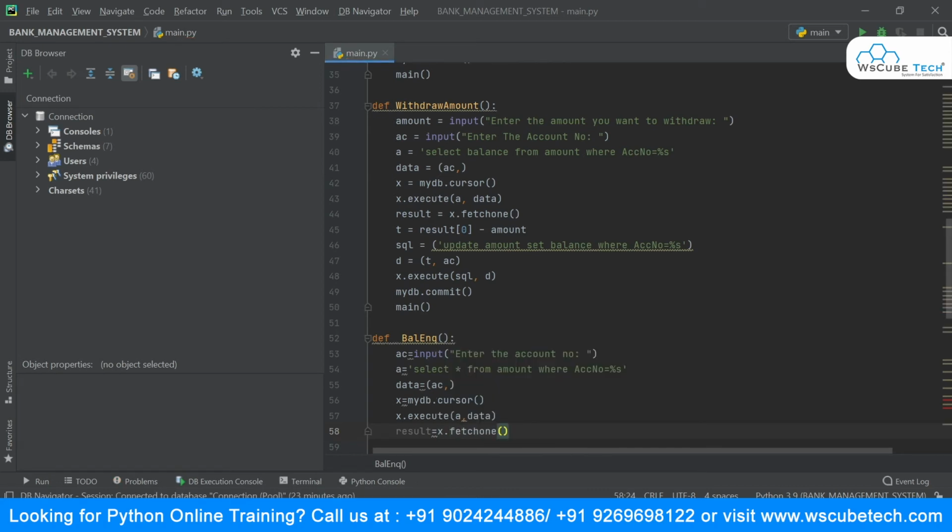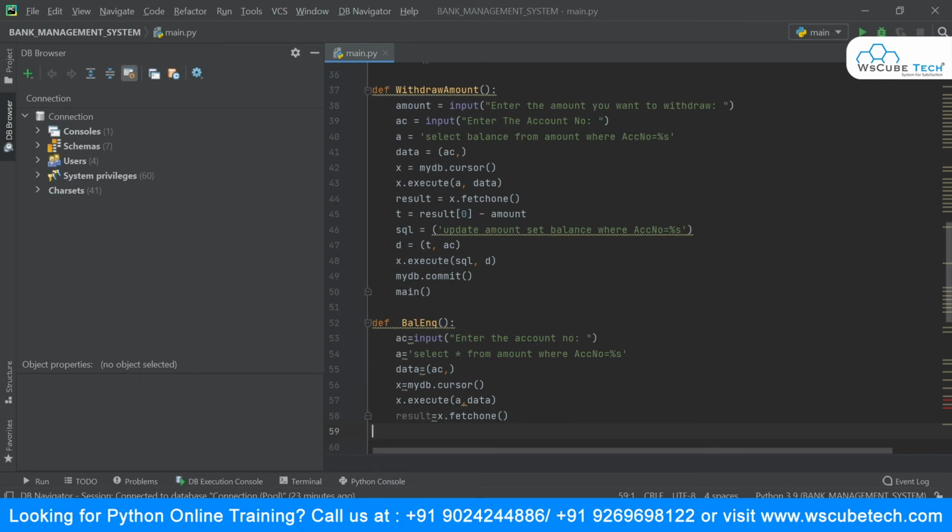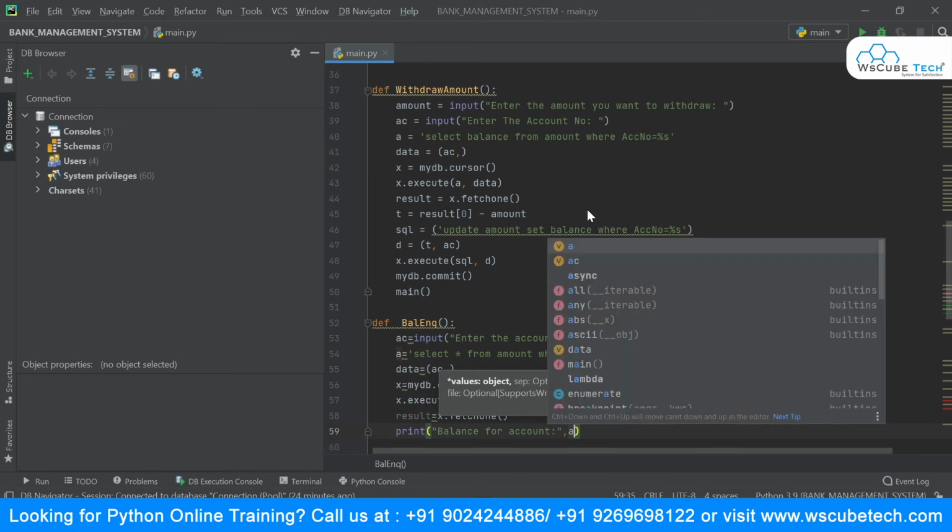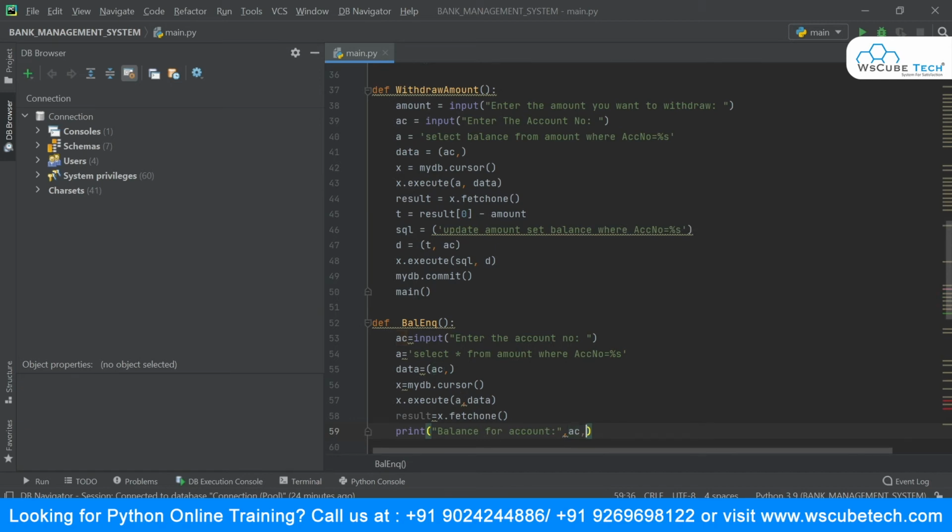Okay, so I'm fetching this first line over here, and the next thing I want to do is print "Balance for account". Here I want to display the account number, which will be in AC. So I will say AC comma, and the balance for the account number is.